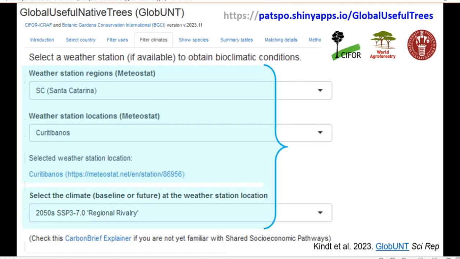And then we can add another functionality here. We can select which climate scenario we're interested in. Is it the baseline climate of now? Or do we want to select one of 3 scenarios of future climates? This is particularly important for planting species that are very slow growing, which are in many cases the most threatened